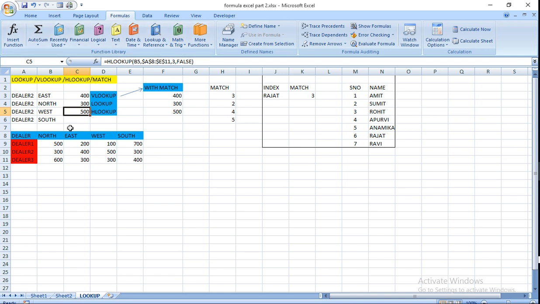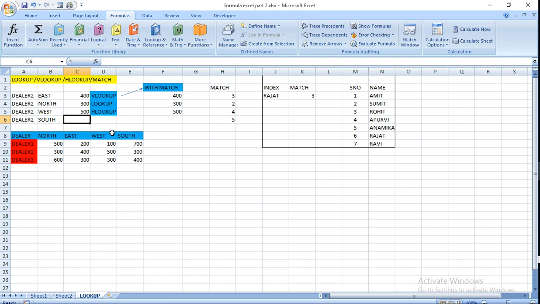Then on which position, that is 3, Dealer 2 is in 3, and FALSE. FALSE means exact match. Then press enter. Then in West there is 500 in front of Dealer 2.